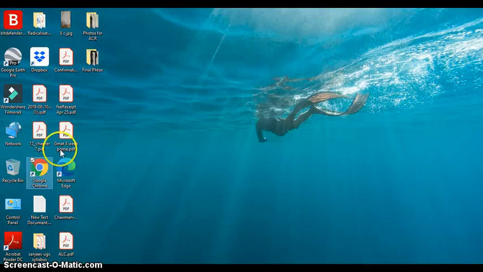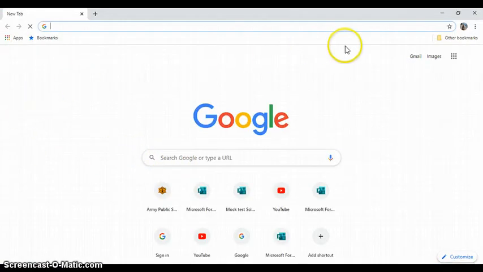Now let us see the same browsing or searching using Google Chrome. First we have seen Microsoft Edge, which is another search engine. Now the Google Chrome. You can click it here. I have made the home page as Google Chrome, so it is appearing like that. Otherwise, you have to type the web address here, like www.google.com. Now for instant searching, you can type anything here also, and this is Google.